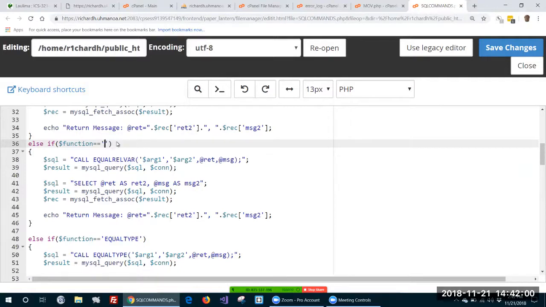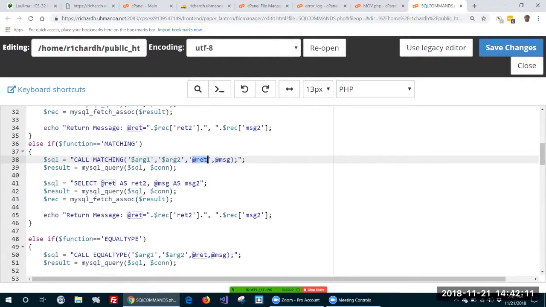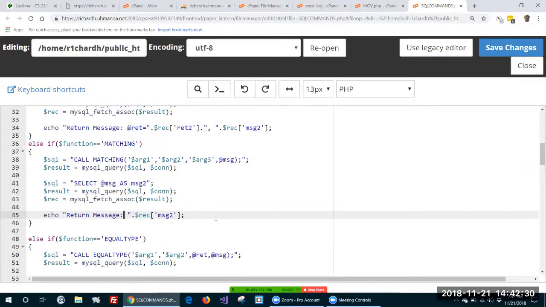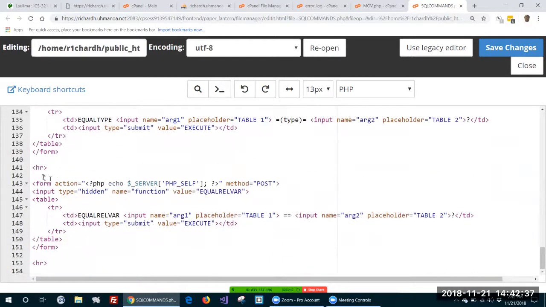Matching. And call matching, arg1, arg2, arg3. Yeah, arg3. Select the message out. Return. Don't need this part. The message. Okay, arg1, arg2, arg3, SQL. Okay, so let's go down here and throw in